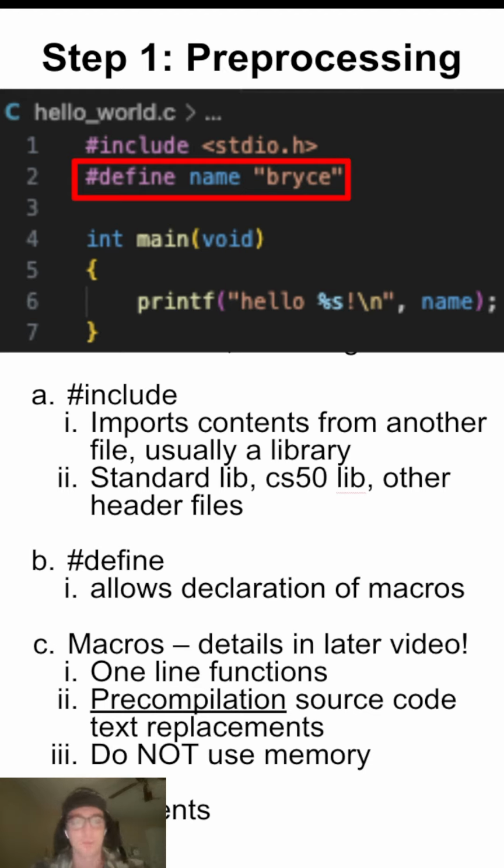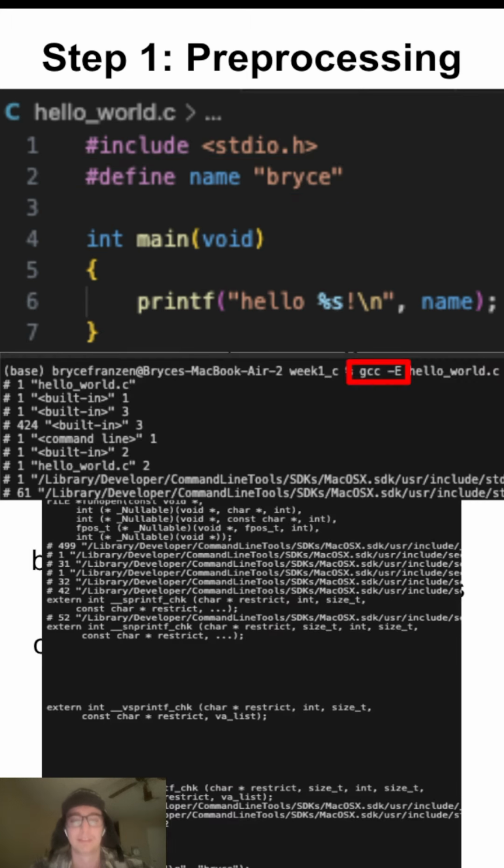And again, this pre-processing is happening all before any compiling happens. We see if we use our GCC program, and specifically the -E flag for that first step, we pass in the input, which is the hello world file in C. And just looking at a glimpse of this output, you can